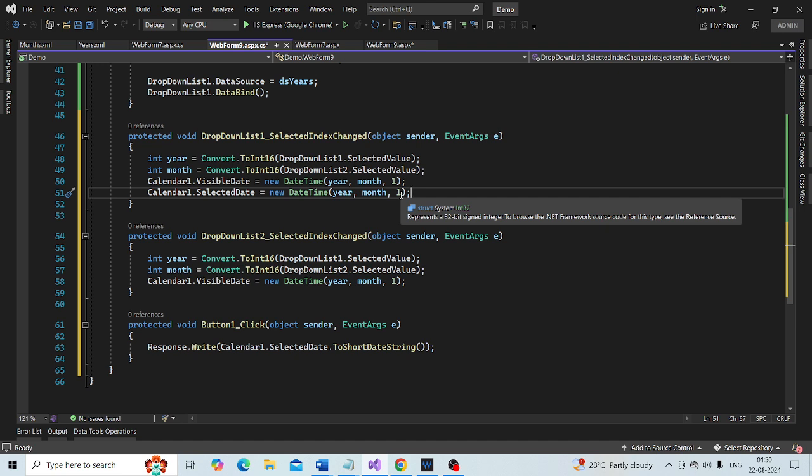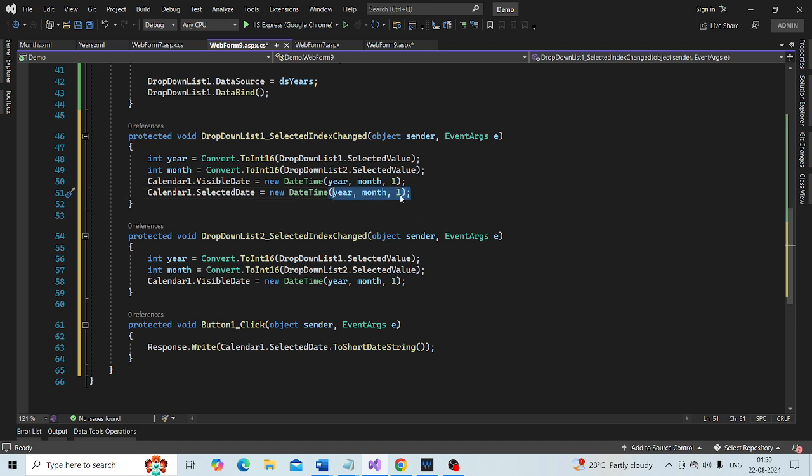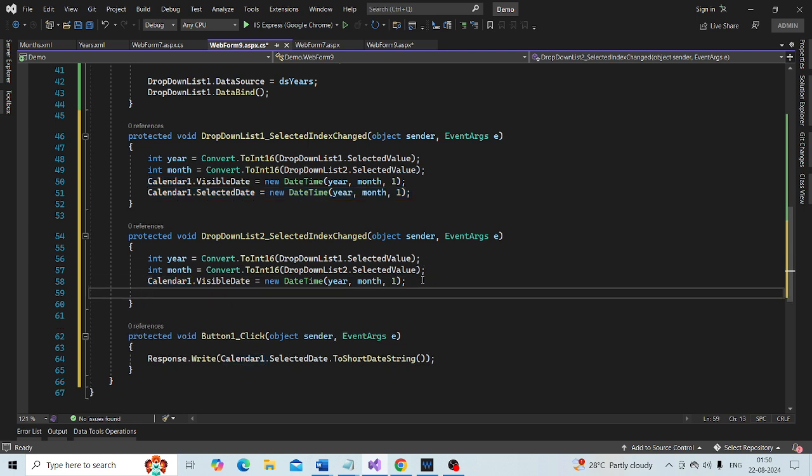So we need to also copy and paste this from here to there. Okay, so let's go ahead and run this, and we should have the behavior that we are expecting.